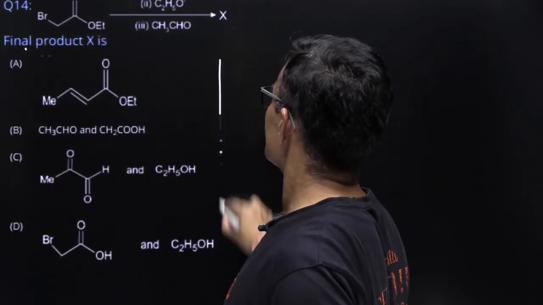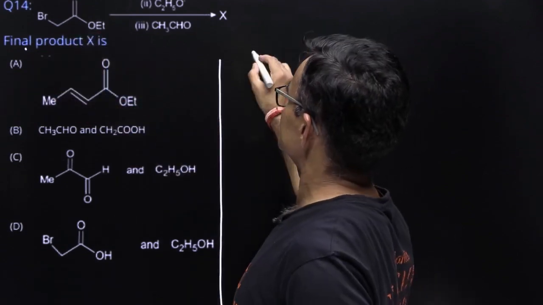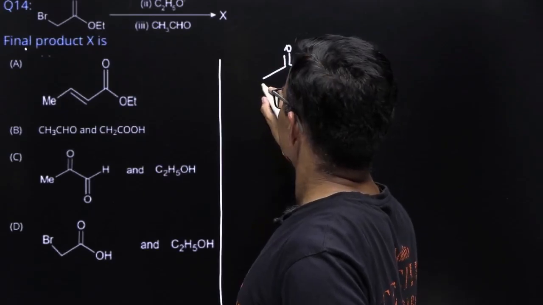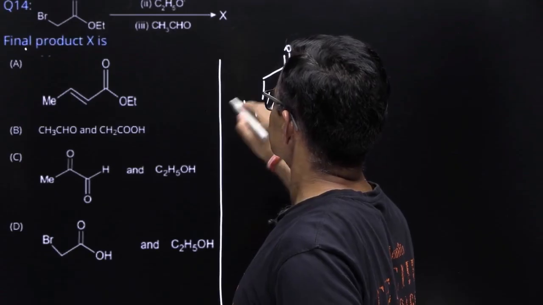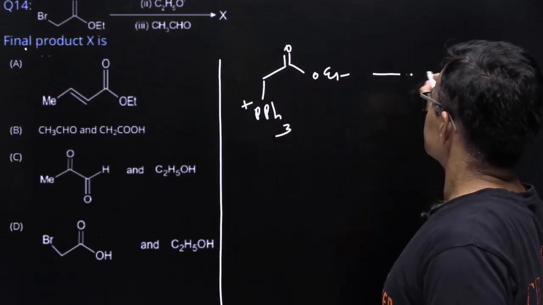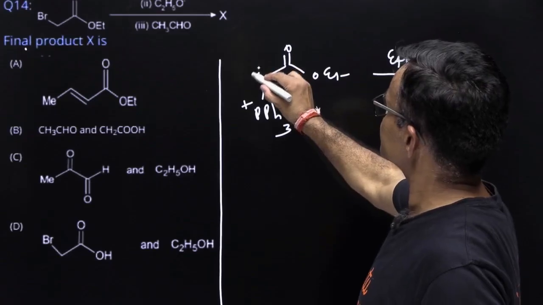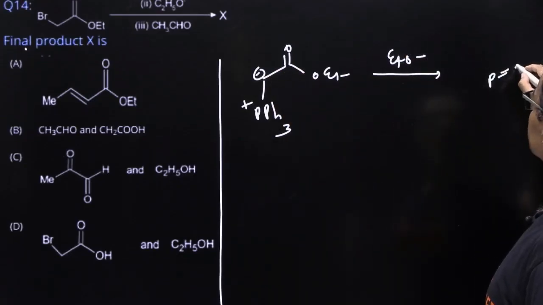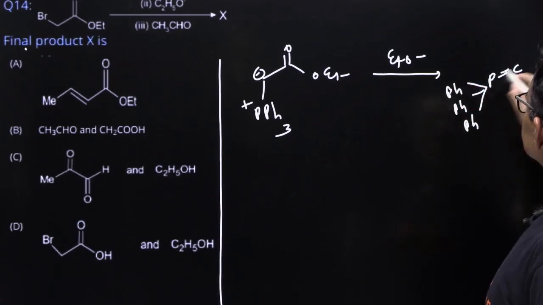ऑलराइट, एंड द सीक्वेंस ऑफ रिएजेंट दिया है, सीक्वेंस ऑफ 3 रिएजेंट दिए हैं, आपको बताना है कि फाइनल प्रोडक्ट क्या होगा। तो देखिए ये बेसिकली एक तरह से एल्काइल हैलाइड की तरह ट्रीट करो, PPh3 में SN2 रिएक्शन होगी, तो आपको जो पहला प्रोडक्ट मिलेगा वो ये मिलेगा, देखो ब्रोमीन हटा करके आप PPh3 सॉल्ट बना लो। ऑलराइट, उसके बाद EtO माइनस से रिएक्शन कराओगे तो ये जो एनायनिक चार्ज है ये निकल के येलाइड कंपाउंड बन जाएगा।